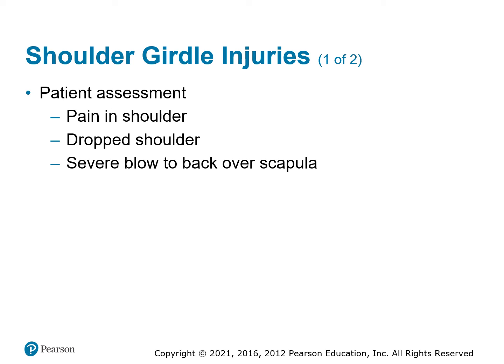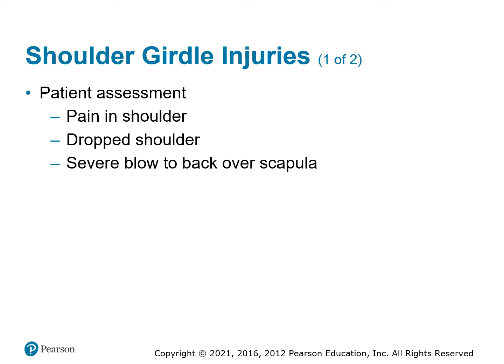Now moving into specific injuries. So the first one is going to be shoulder injuries. And when you assess, you should see pain in the shoulder. You may see a drop in the shoulder. So if you're looking at them face to face, you're going to want to compare the injured site to the uninjured site. And what you may see is that that shoulder has actually dropped and hangs lower than the unaffected